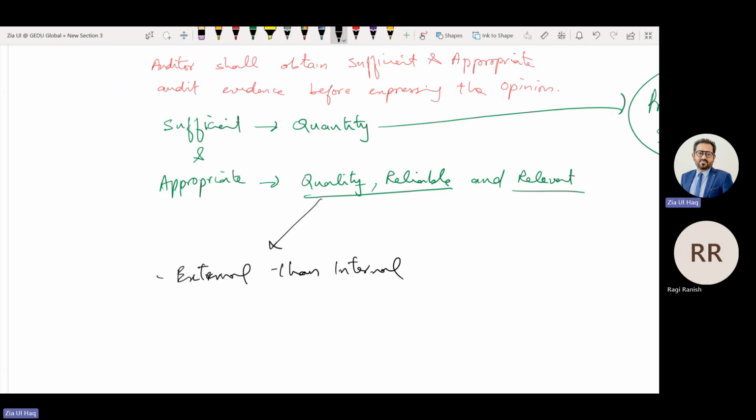For cash at bank, leases, and loans, we should confirm balances from the bank, that is external, rather than relying on internal documents. For receivables, we should confirm from the customer. For payables, we should confirm from the suppliers. These are more reliable than obtaining evidence from within the company records. Internal evidence, when reliable: